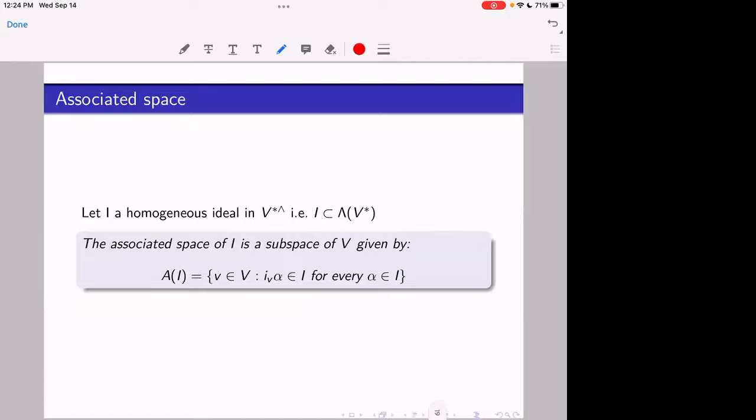Because the dyadic product is like, how would you say, if you have a tensor I, when you